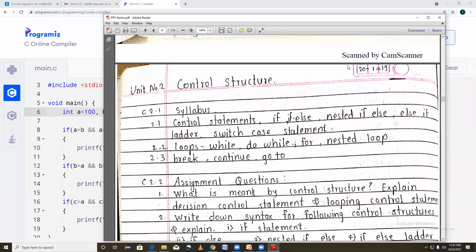Before starting with this chapter, control structure, there are very few cases where the program runs very simply, like the example we have taken, the addition program. There is no condition like whether I should go for this or the other answer.